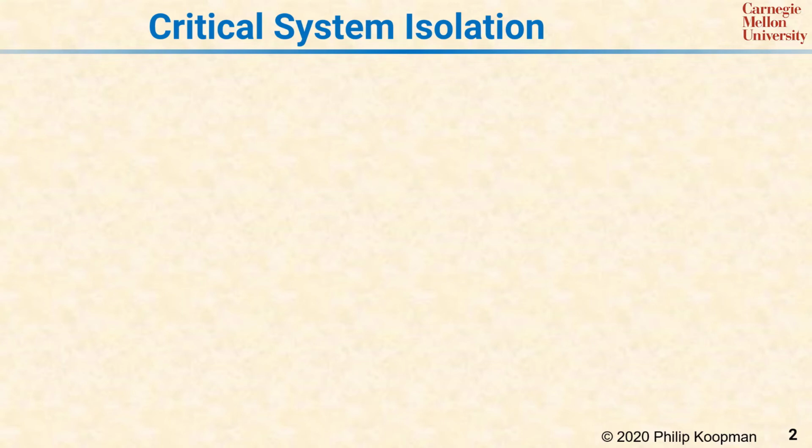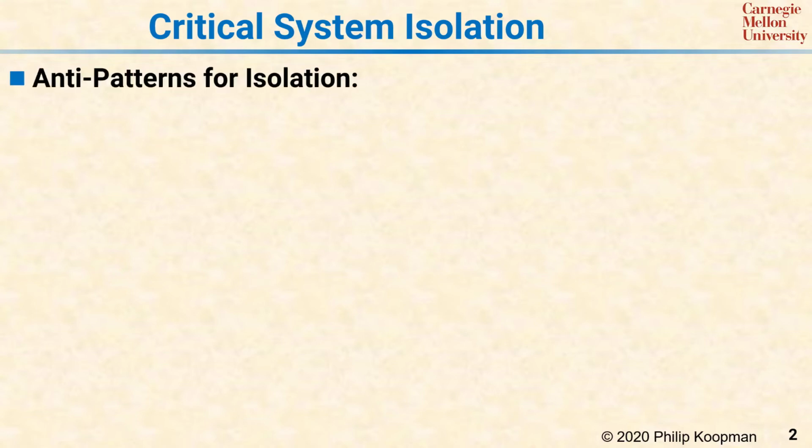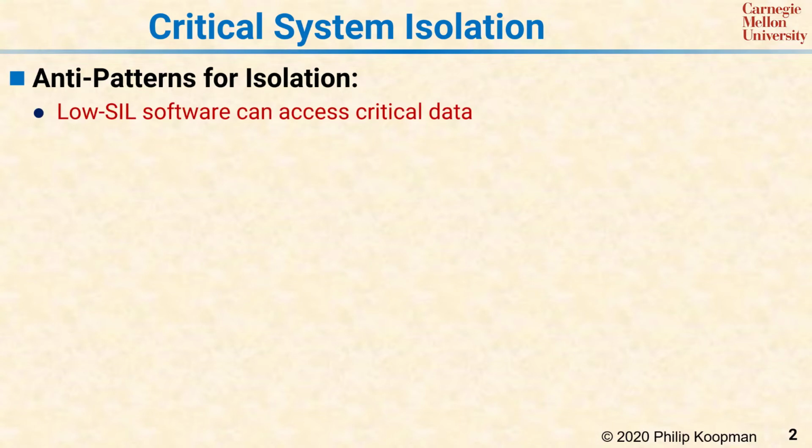Most safety-critical systems have some software that is highly safety or mission-critical, but other software that is less critical. There are two main signs that you have a problem with low-integrity tasks being able to compromise the safety of your high-integrity tasks. First, if the low safety integrity or SIL software can access critical task data without going through